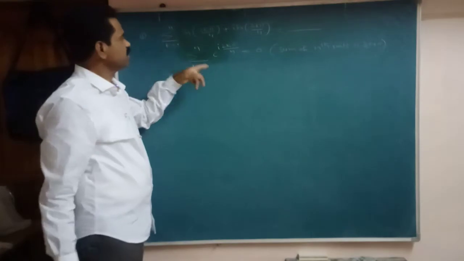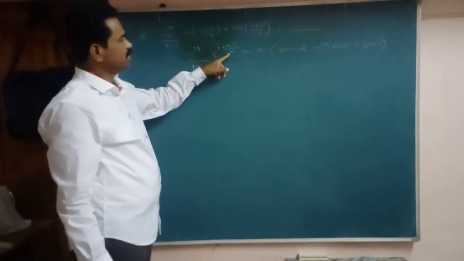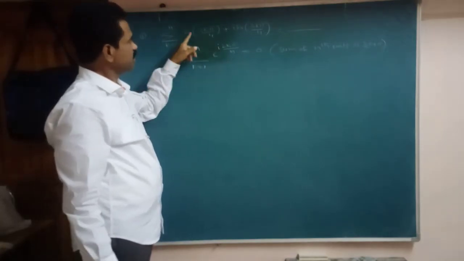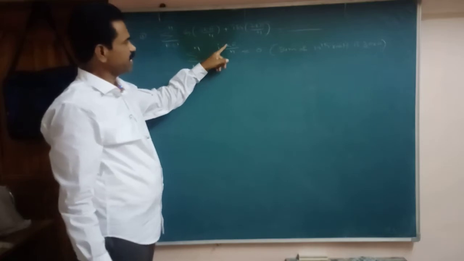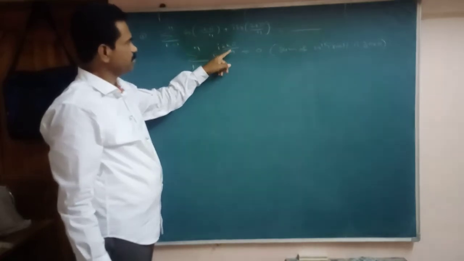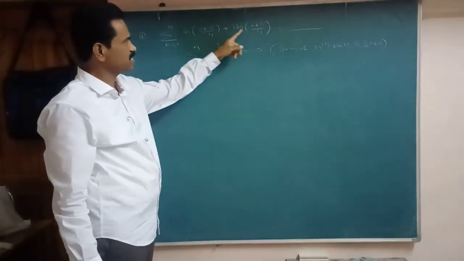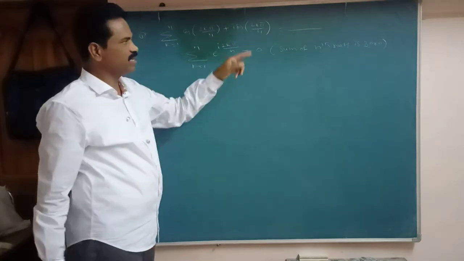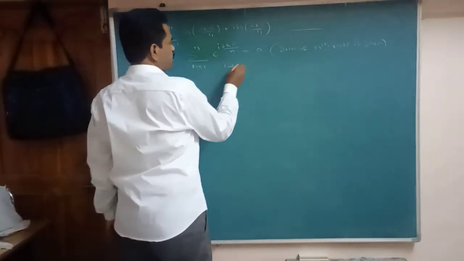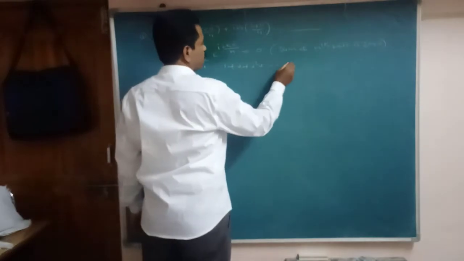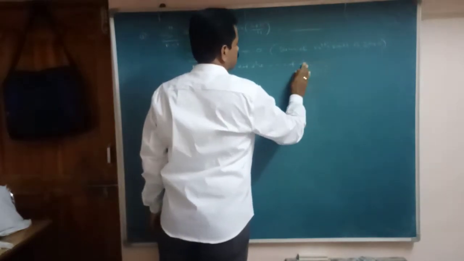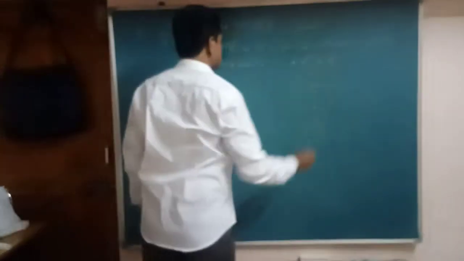Here n is what here? 11. By Euler's formula we can write that as e power I theta. Theta is what here? 2k pi by 11. That is cos theta plus I sin theta. So its sum is what here? 0. That is 1 plus alpha square plus so on alpha n minus 1 is how much here? 0.